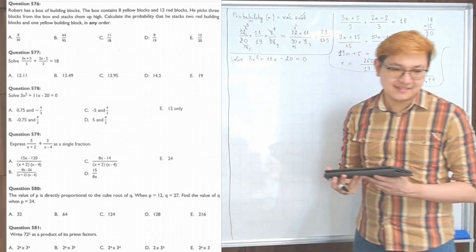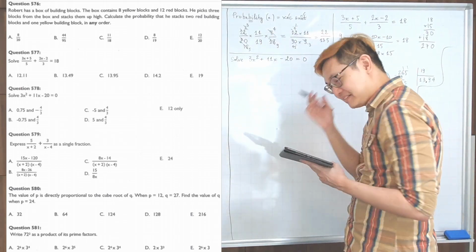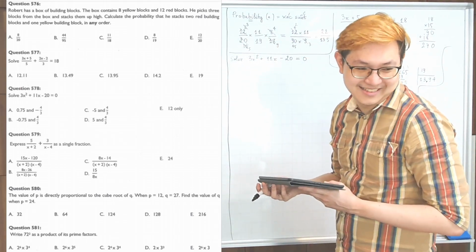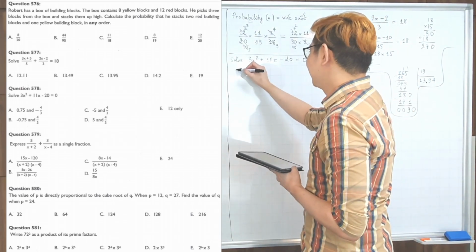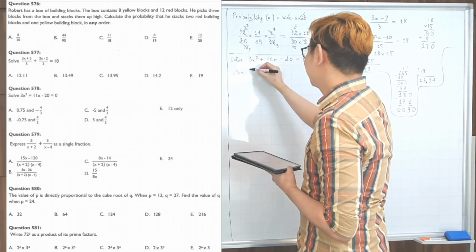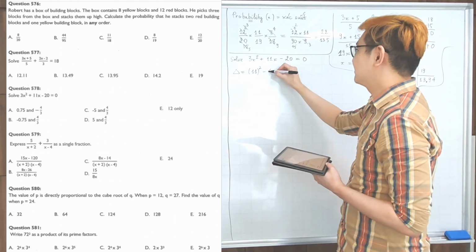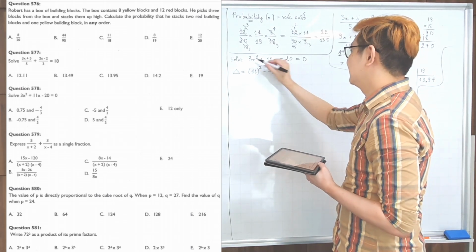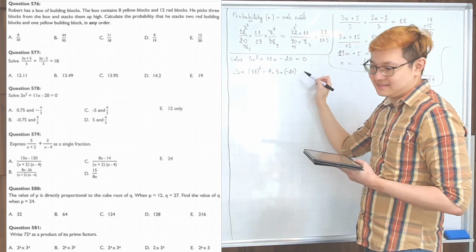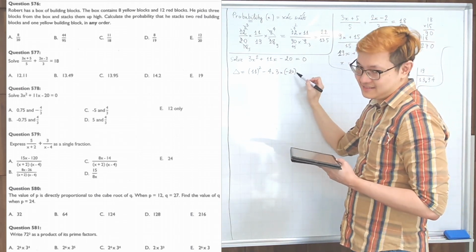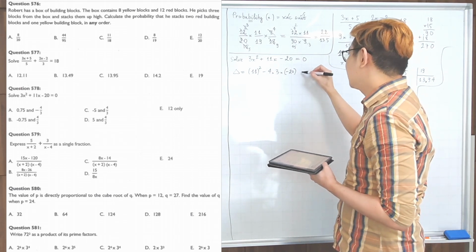How do we solve this? Delta. Do you remember your calculator? Okay. Delta equal to b squared, which is 11 squared, minus 4a, a is 3, c is minus 20. Careful here, c is minus 20, okay? You have to take a minus here as well. And this one equal to